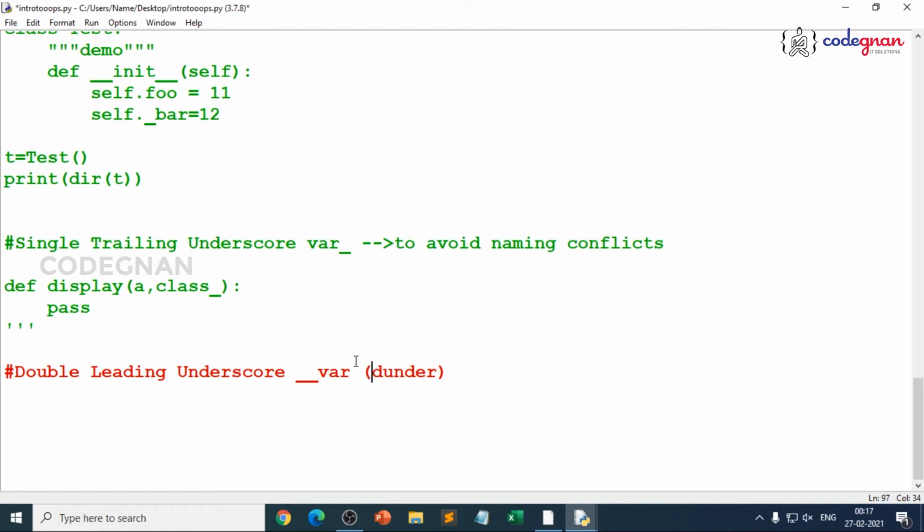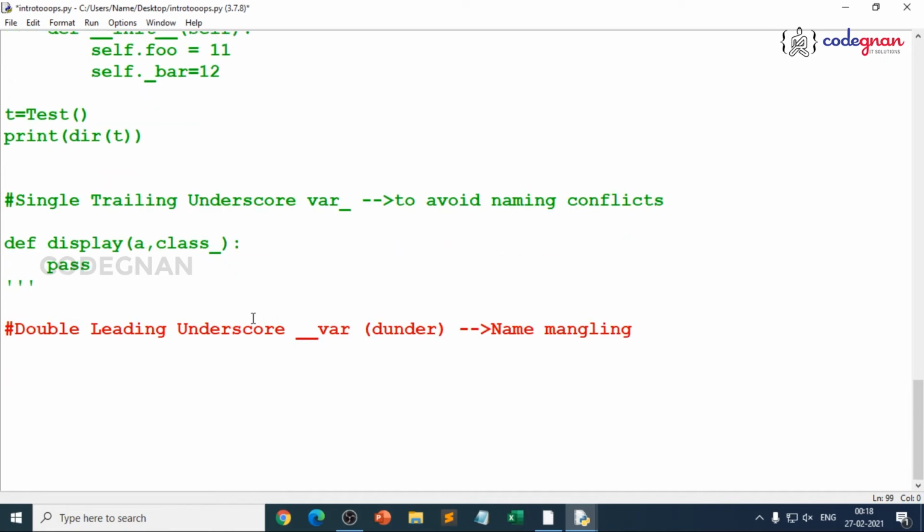So what happens when you use double leading underscore? That's where Python will go for name mangling. It triggers name mangling. That means it keeps them safe when we use them in a class context. Let me show it with an example. It will be easy for you to understand with the example, right? When we give double leading underscore, Python will treat them as special variables, where it protects the variables from getting overridden in the subclasses.